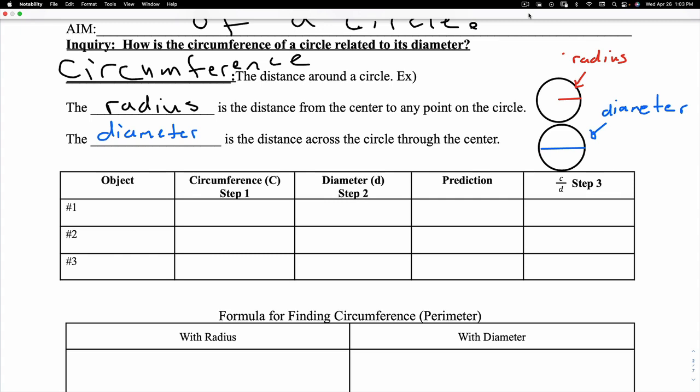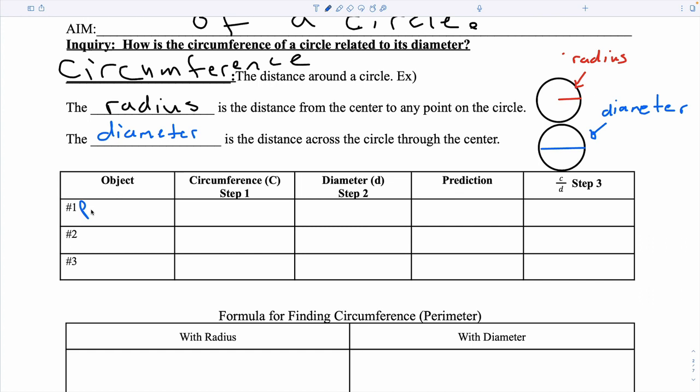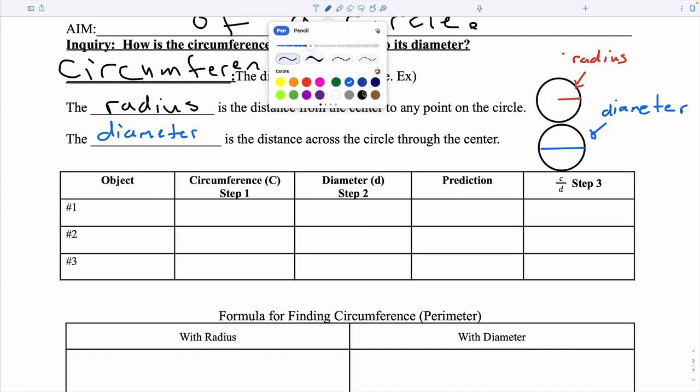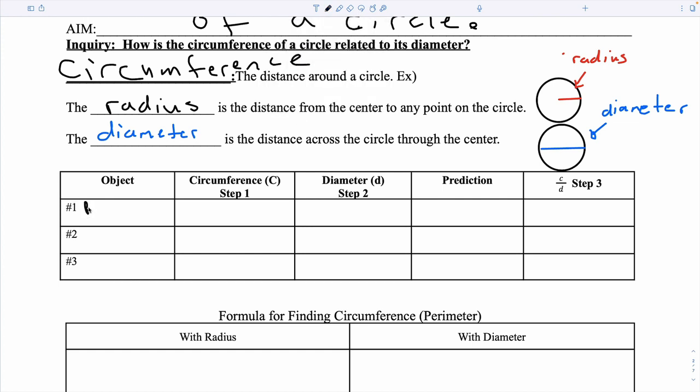You could wrap it around the outside part of a circle, and I could find the length of that little part. This would be your circumference. I have done that already for this small pencil holder. Number one, the object is the pencil holder. I'm going to have you think about what this mysterious number is when you divide the circumference by the diameter. It's going to come out to some weird number. That circumference was 31.5